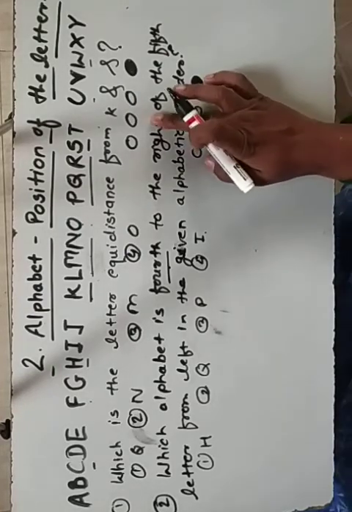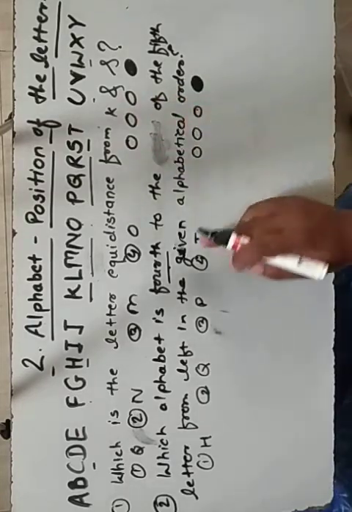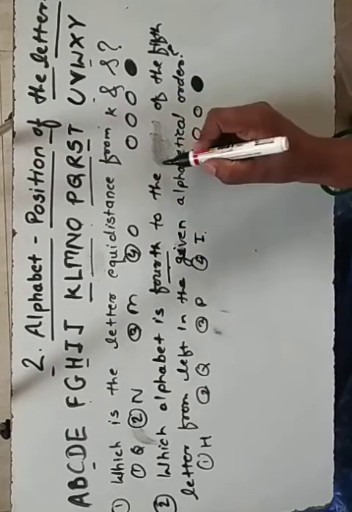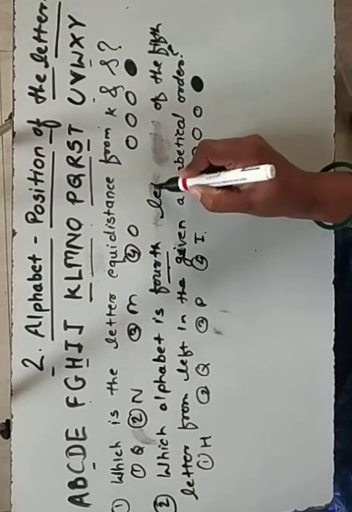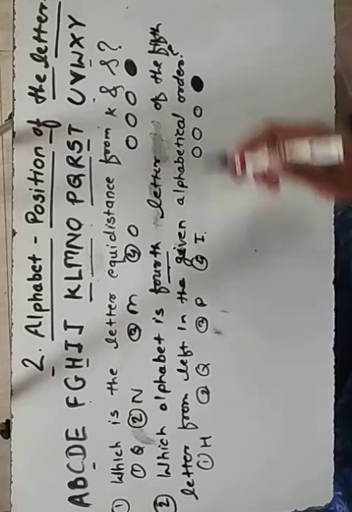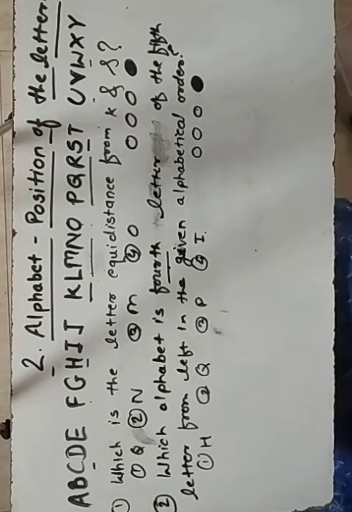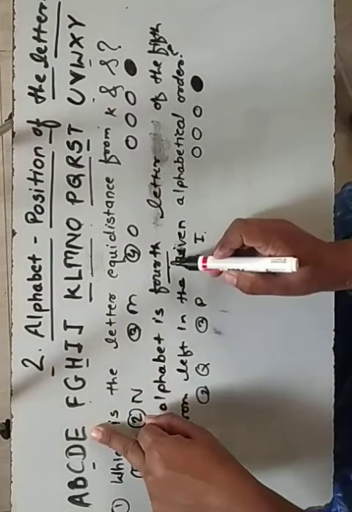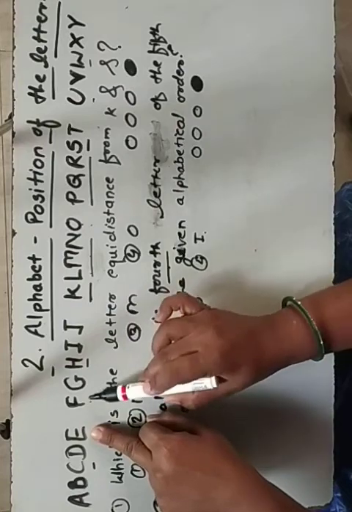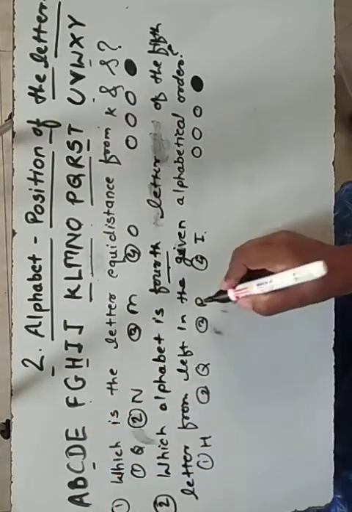letter, where the right word is not given, only to here. Okay. Right word is not given. Which is the 4th letter? Only that is given here: the 5th letter from the left in the given alphabet series. From the left side, the 5th letter is E. Okay, so which is the 4th letter? In that situation, 1, 2, 3, 4, and here 1, 2, 3, 4. So A will come here.